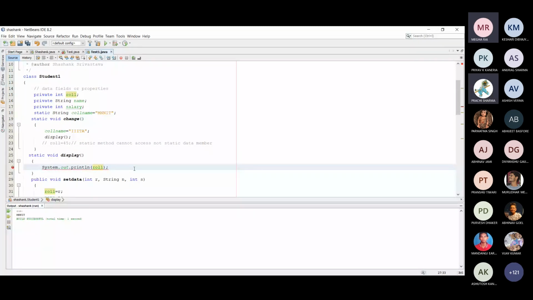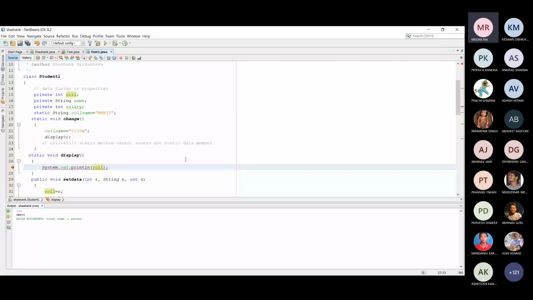Sir, if I want to change the static college name for a particular object only, how can we do that? Basically you cannot change the static college name for a particular object, because this college name is shared by all the objects.